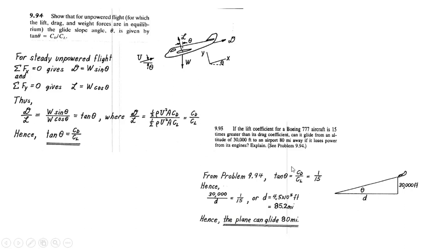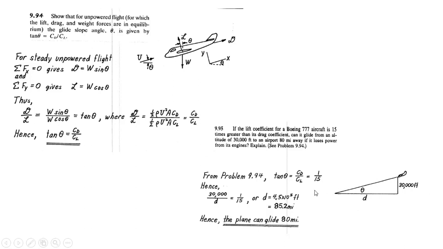1 upon 15 is basically the ratio of CD upon CL, and CL is given in the question. When you solve this, you find that the distance is 4.5 times 10 to the power 5 feet. Converting it into miles, it is 85.2 miles, which means that even if the engines are lost and the airplane is at 30,000 feet and 80 miles away from the airport, using this simple calculation with the lift coefficient, you find that